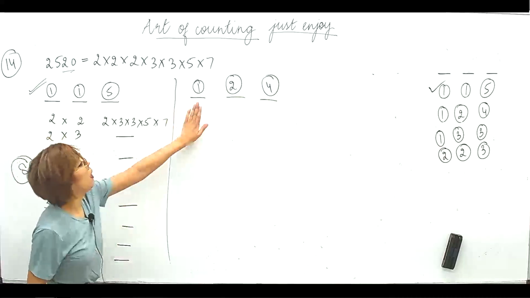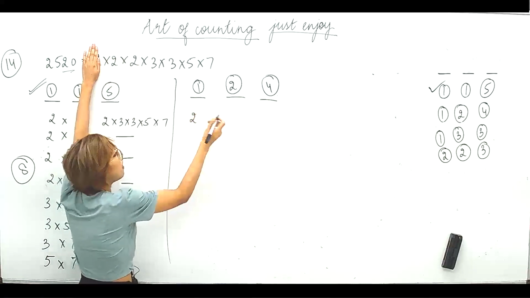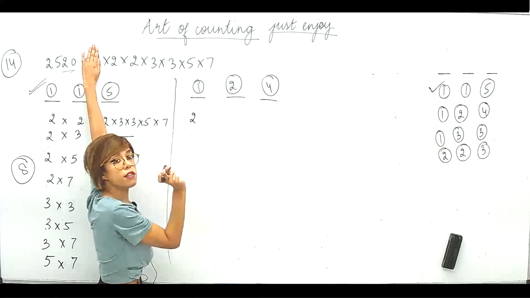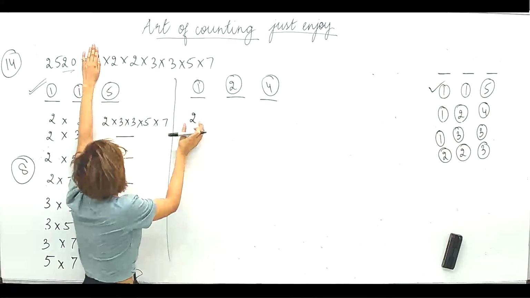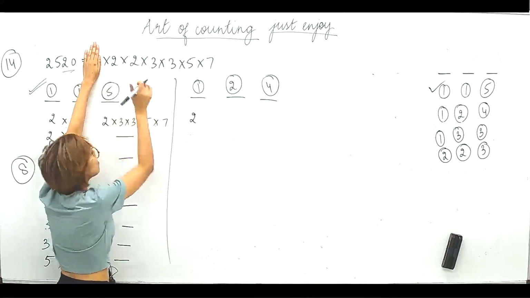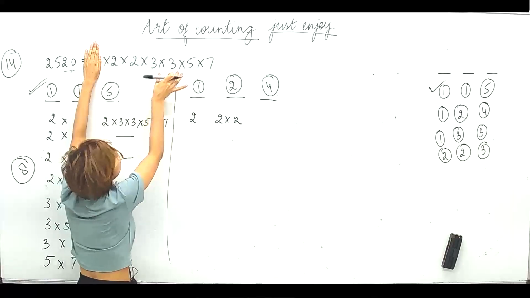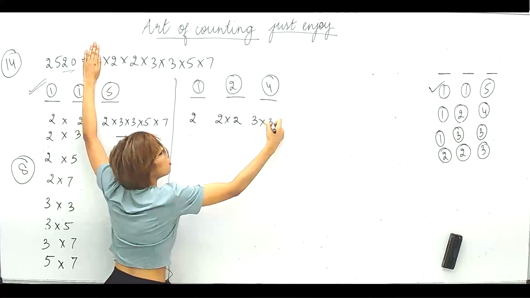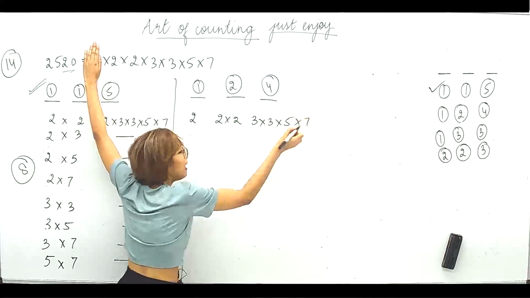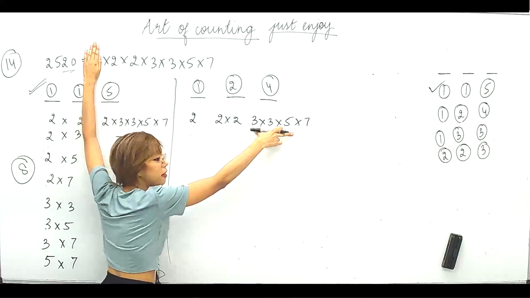Right? Okay. So let's start with 2. Now here I need to put 2 factors, not 1, 2 factors. 2 पहले ले चुके हैं, सबसे पहले 2 into 2 से start करें, 2 into 2, and I'll be left with 3 into 3, 3 into 3 into 5 into 7. Again, if I fix these two, you automatically fix it.